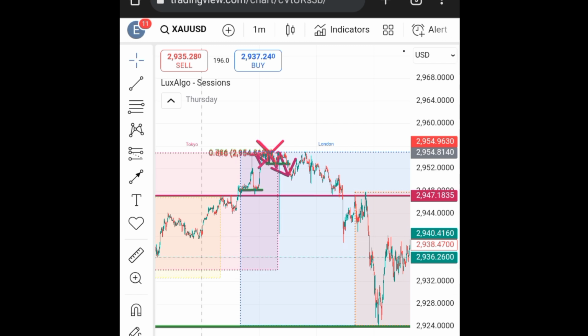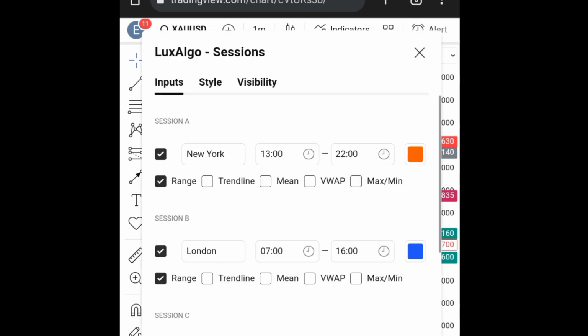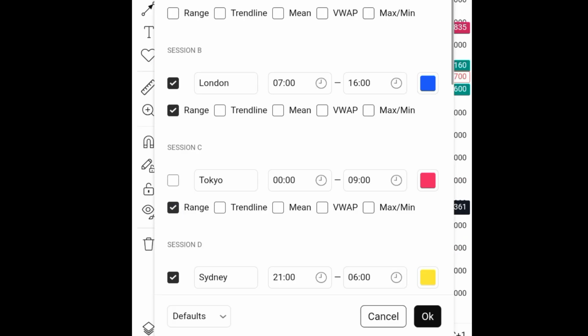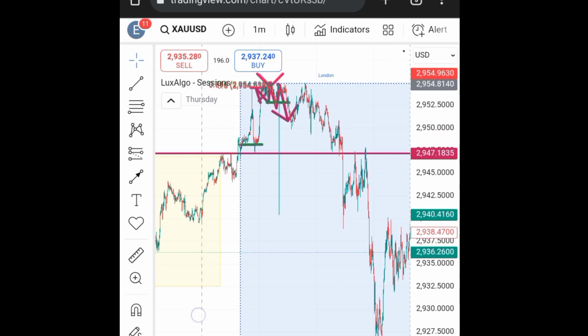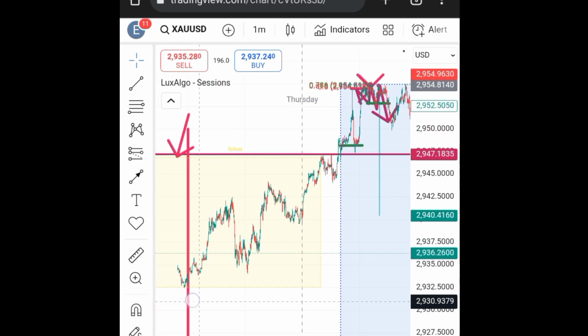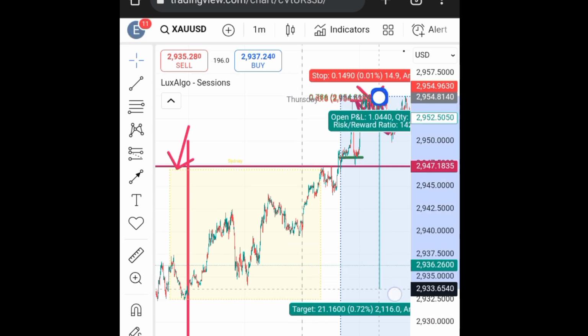So like I said, our first entry will be our Asia low, which is this one right there,